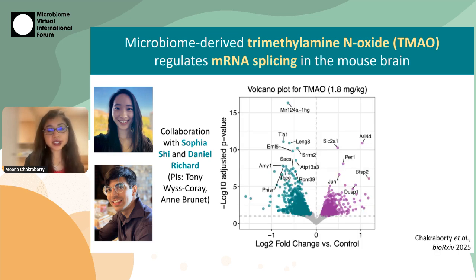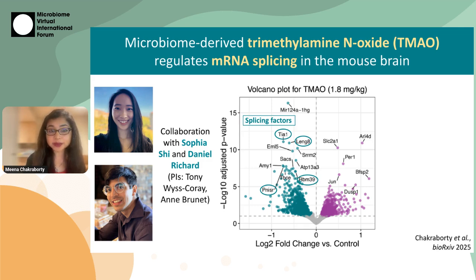In this graph, each dot represents a different gene, and the x-axis represents the log 2-fold change in the expression of that gene in TMAO-treated brains versus control brains. So the purple dots are all the upregulated genes, and the teal dots are all the downregulated genes. And one thing that stood out to us was that many of the strongly downregulated genes by TMAO were actually